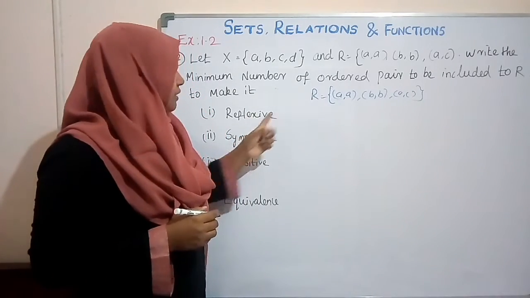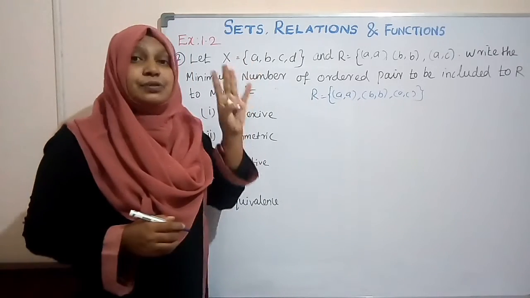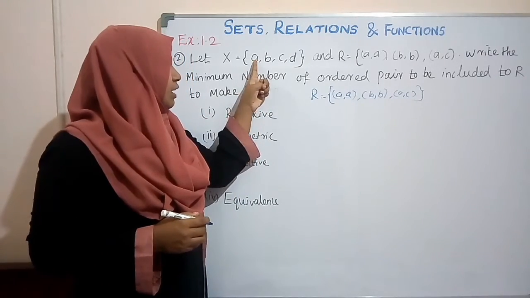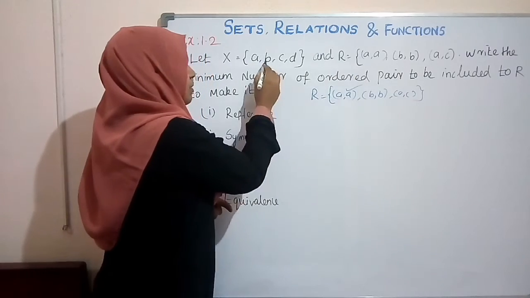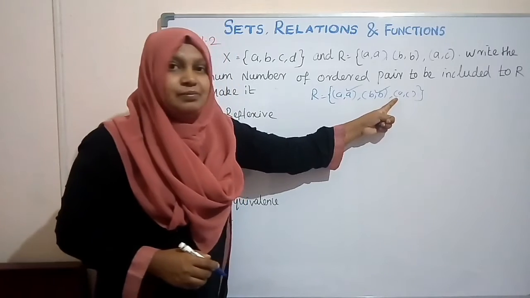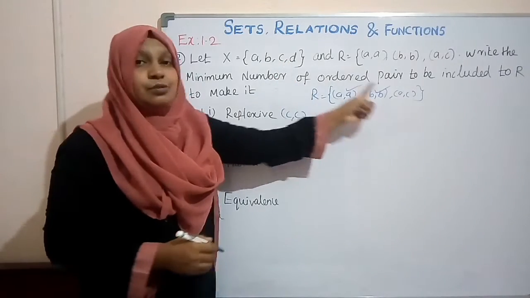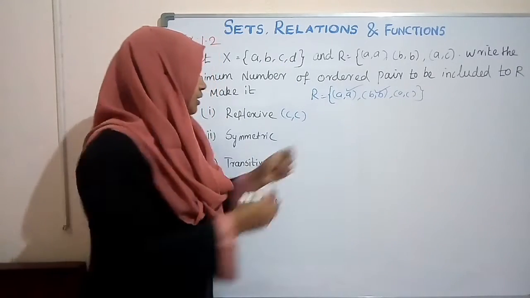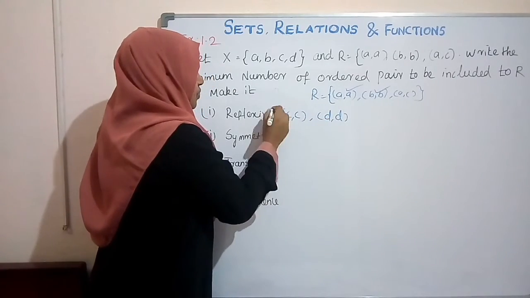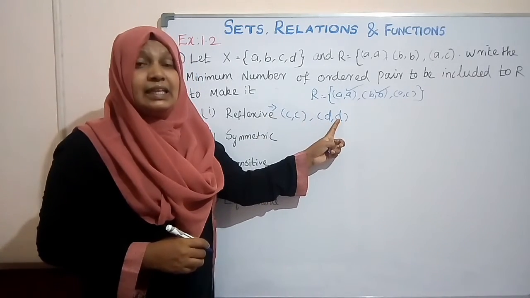And to make it a reflexive relation, which elements should be added? See, in this set X we have 4 elements. So to make it reflexive, what do we have to add? To make it reflexive, we need (A, A), yes, it is already there. And then (B, B), that is also there. And (C, C), it is not there. So we should add (C, C), and D is there. So (D, D) also we need, it is not here. So we have to add (C, C) and (D, D). So to make it reflexive, we add two elements, (C, C) and (D, D).